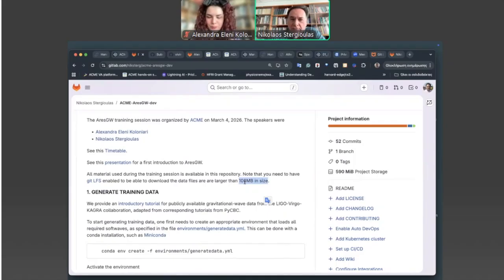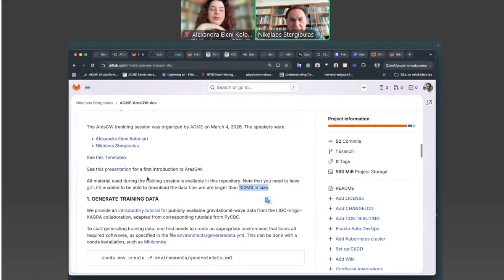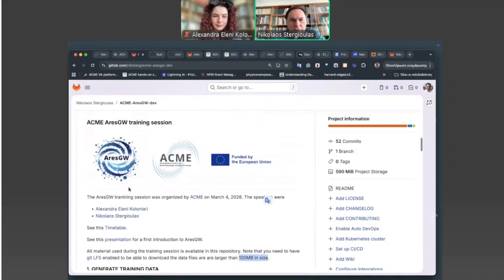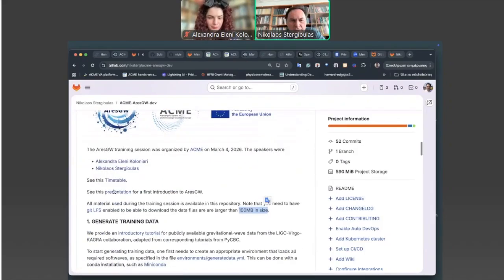The full file is close to 90 gigabytes, so I guess it is not practical to use that at the moment. So we provide a smaller one, about 500 megabytes in size. But this means that in order to get it, when you clone the repository, you need to have LFS enabled in your system. If you don't, we provide some instructions here on how to do it.